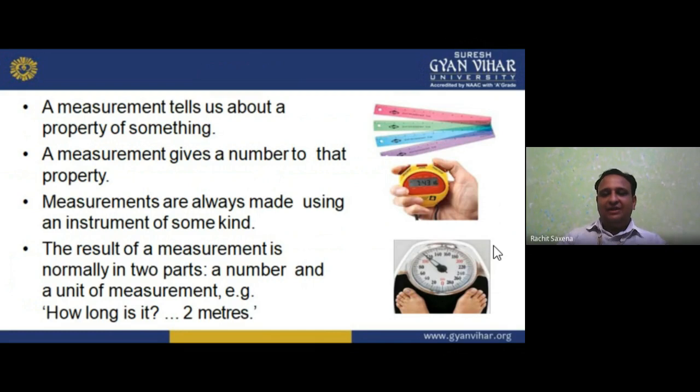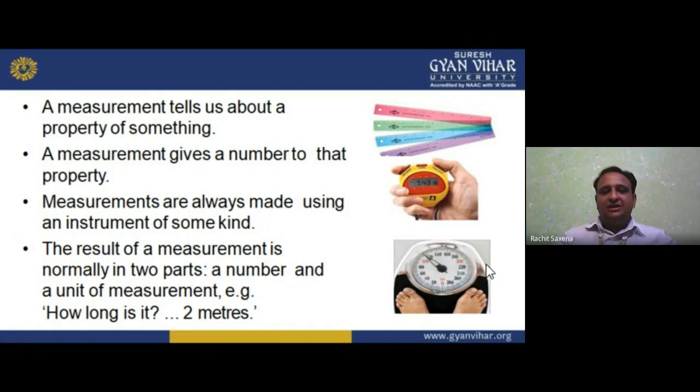Basically, I'm taking examples here. Some images are there to show you how we can measure things. From the first, we can measure the line in centimeters, meters, or inches. Through the second, we can estimate the time when we walk or do something, the stopwatch. In the third, we measure our weight with a weighing scale, a weighing machine. So we can measure the weight in pounds, kilograms, and other units.